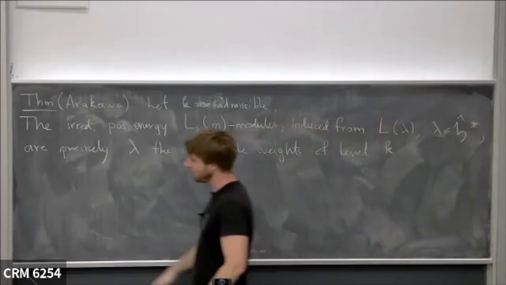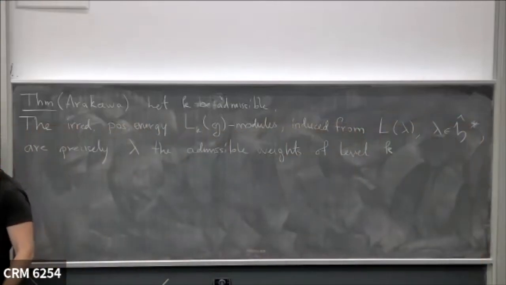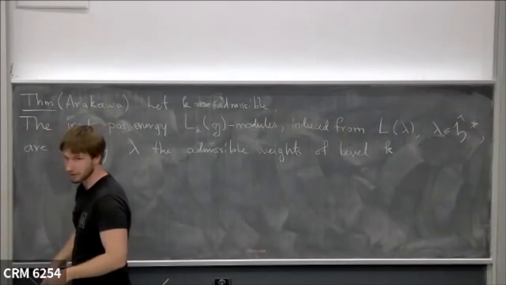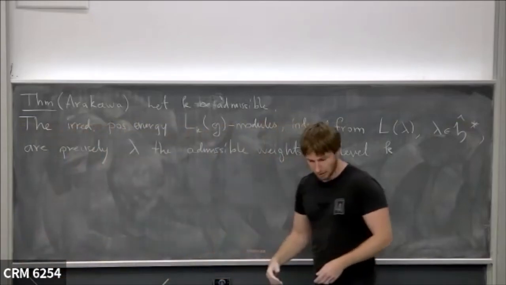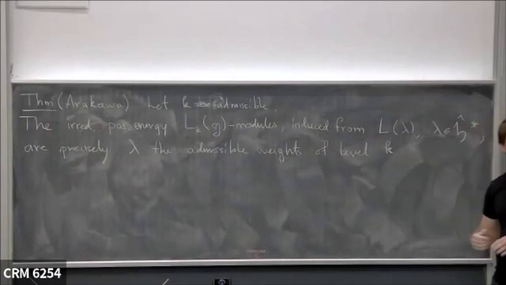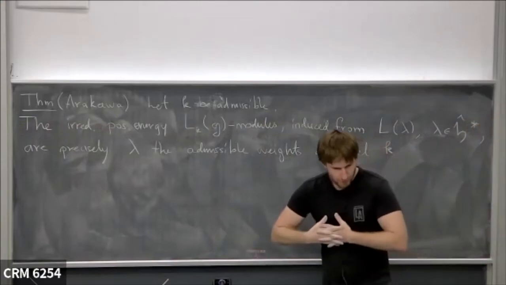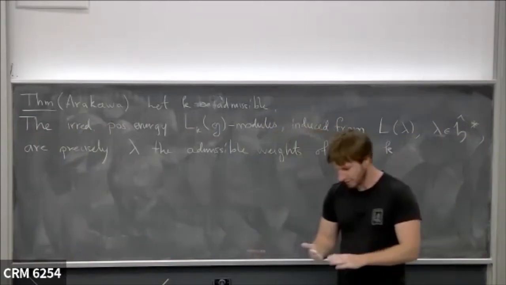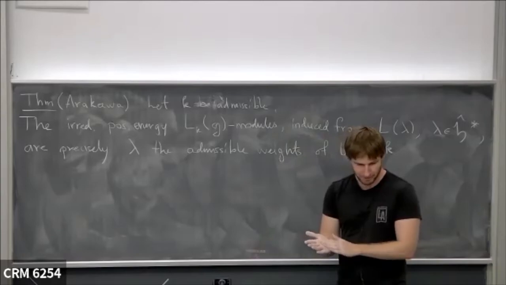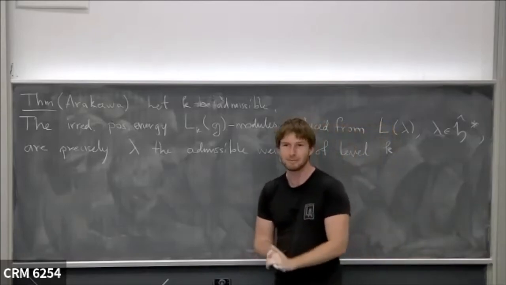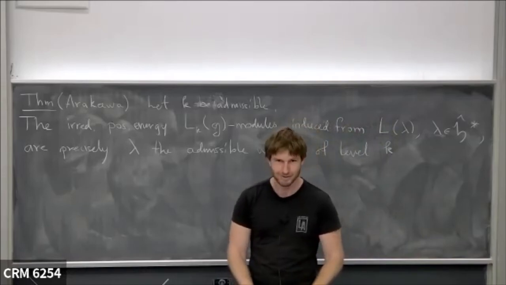So we've got one of them, k times lambda 0, where k has to be one of these special levels. V itself is the induced module corresponding to that weight. And then you have this finite collection of other admissible weights of the same level, and those give the other modules. So what I had wanted to do in this lecture is explain the theory of Kazhdan-Lusztig tensor product and how you prove this theorem using that, but I'm out of time. So until